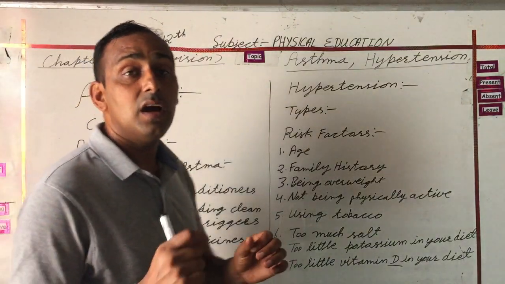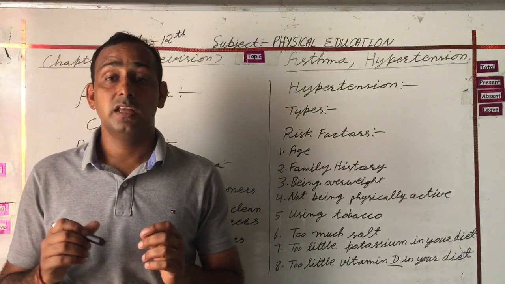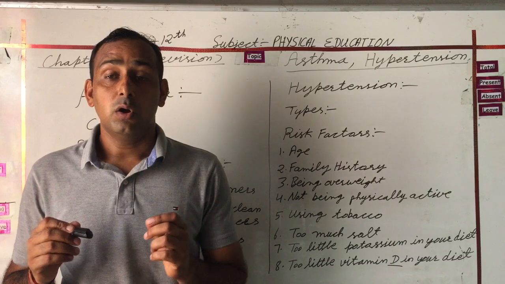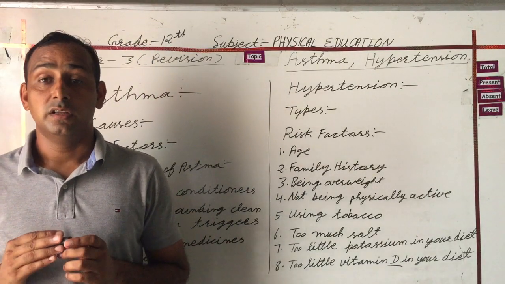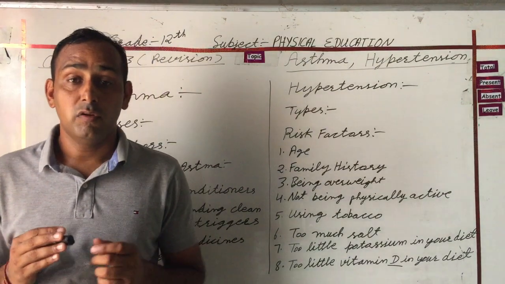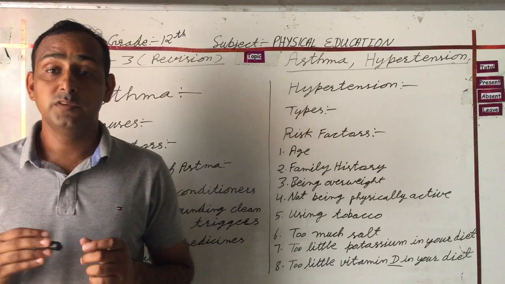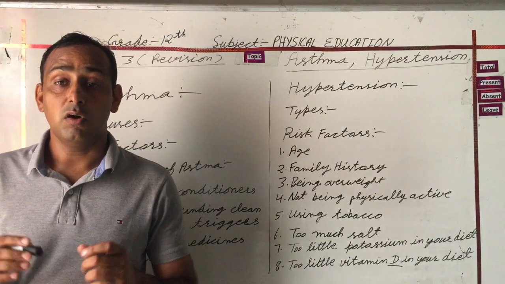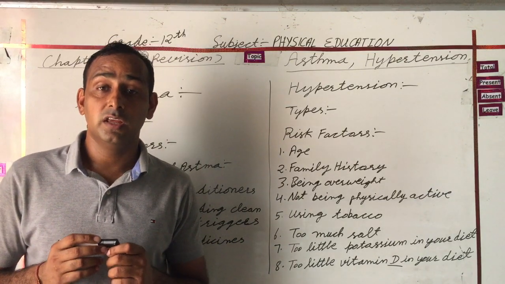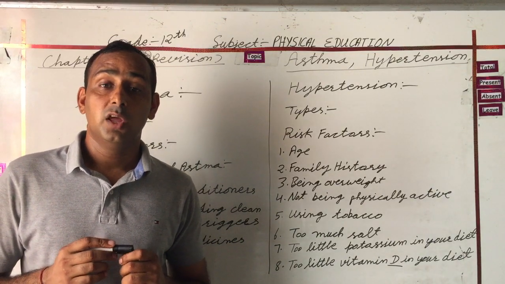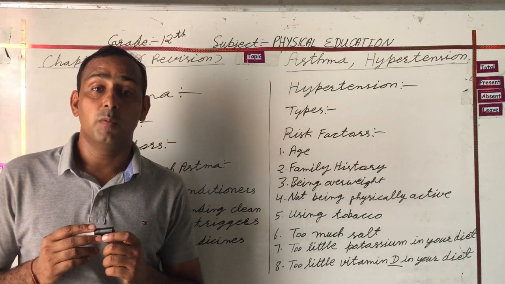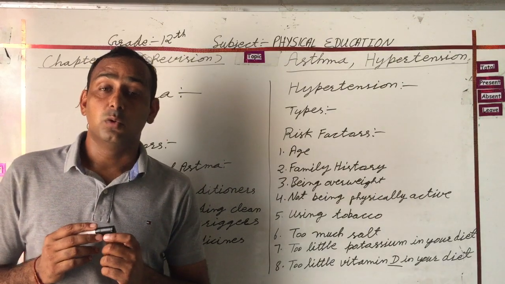So first, what is asthma? Asthma is a common lung condition that causes occasional breathing difficulty. Asthma is caused by swelling and inflammation of the breathing tubes that carry air in and out of the lungs. This makes the tubes highly sensitive, so they temporarily narrow. It may occur randomly or after exposure to a trigger. Common asthma triggers include, first,